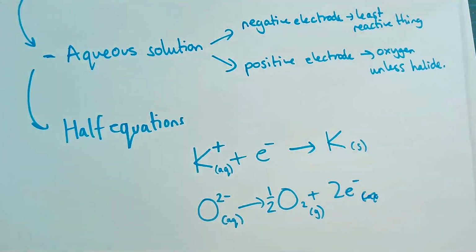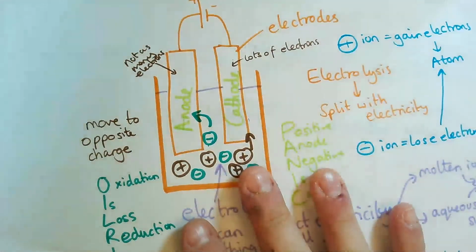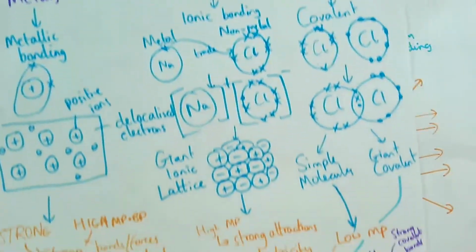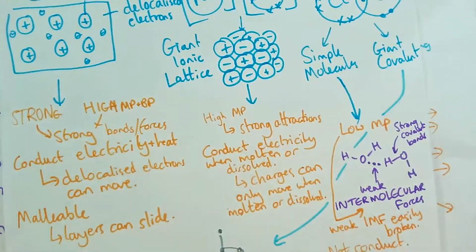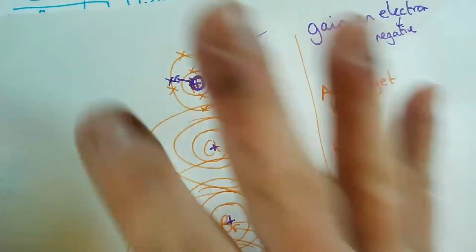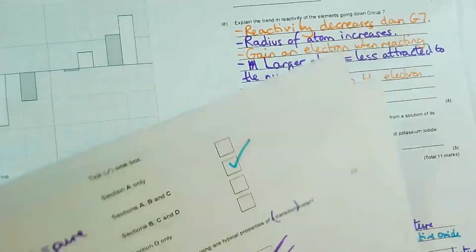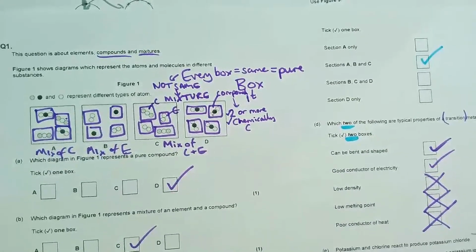We didn't go through everything today. We did a bit of electrolysis. We did our history of the atom. We started our bonding, and did our flow chart of bonding. We talked about reactivity in terms of group 7, and by reverse, group 1. We spoke about the box technique to avoid silly mistakes there.